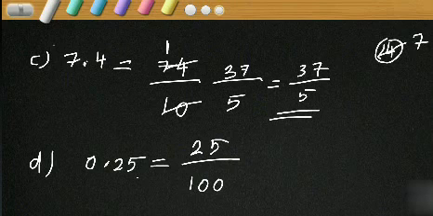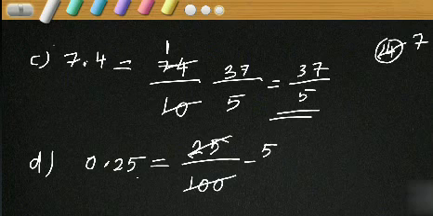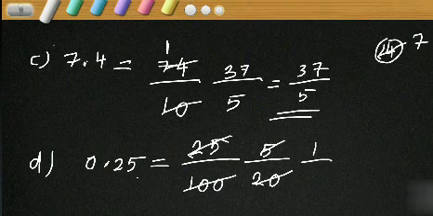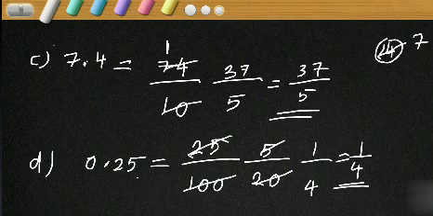So can we stop the answer here? No, why? Yes, there is a common factor among the numerator and denominator, 5. We can cancel by 5's table. 5 fives are 25, 5 twos are 10, and 0. Any common factor further? Yes, 5 again. 5 ones are 5, 5 fours are 20. Is there any common factor? No, so we can stop here. That means 1 by 4 is our final answer. Got it? Yes. Now write down E.